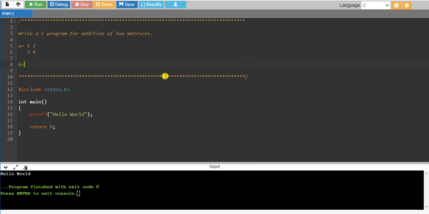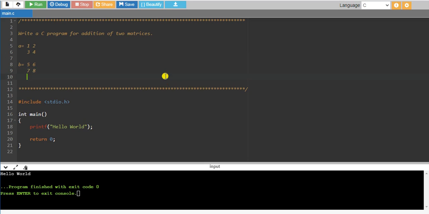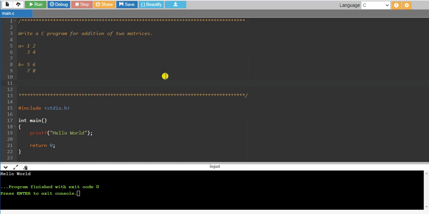Without brackets I am just writing here, 5 6, then in the next row 7 8. These are the two matrices, and how to add these matrices, right? So how to add? The sum I'll be writing here. This is my new matrix.